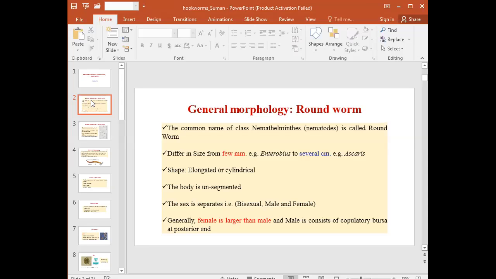So most of the roundworms differ in their size from a few millimeters to several centimeters. The examples of roundworms in the millimeter range is Enterobius, and in the centimeter range, that is Ascaris, to be discussed today in detail. So in most cases, the ascaroids, which are the roundworms of the small intestine of